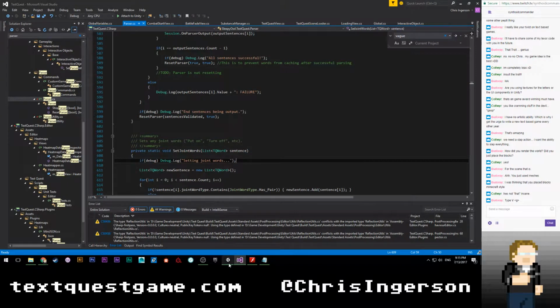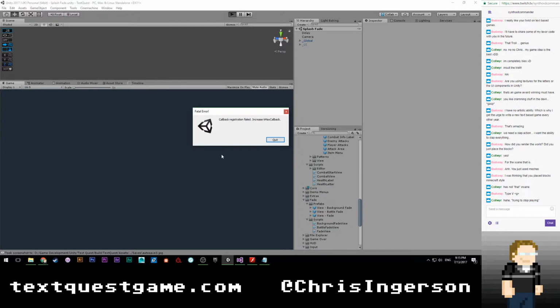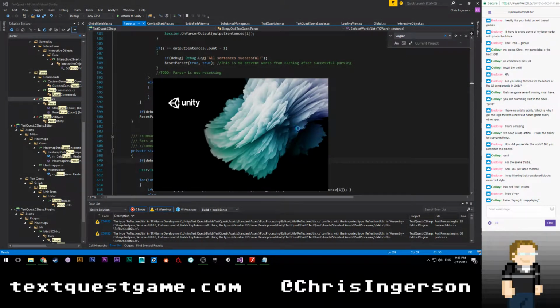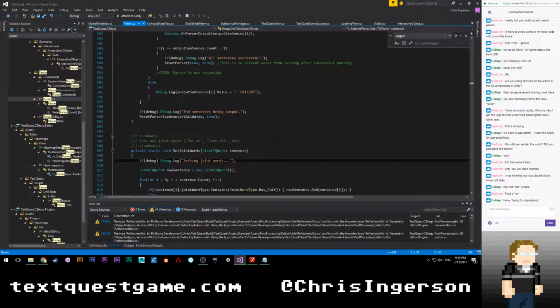Yeah, when that's done, there we go. I can actually type V again. Oh, hey! Unity crash! Hooray! Let's hope that that doesn't cause a re-import, because that would be annoying.